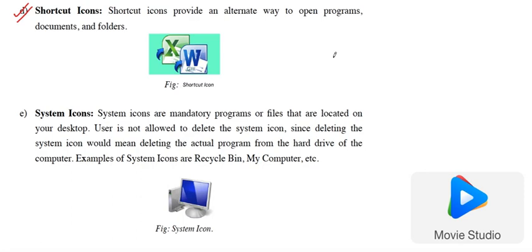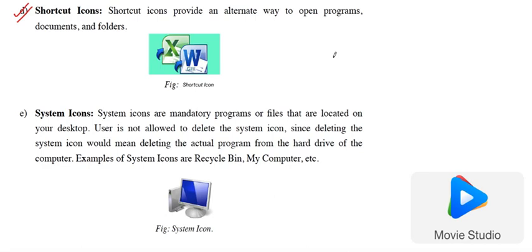For example, if my program is stored inside the C drive, in a folder called system32, inside that another folder called Windows, and inside Windows my application is stored, every time I want to access that application I don't have to travel through that path. Instead, I make a shortcut icon and put it on the desktop. Whenever I want to open that application, I double click the shortcut icon, and the application will be opened.